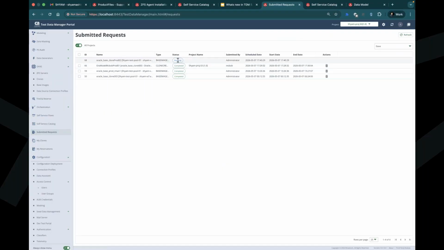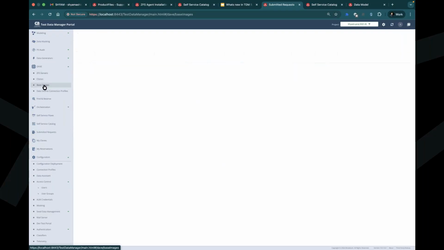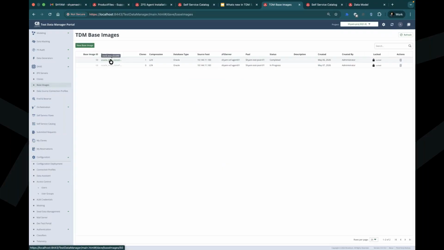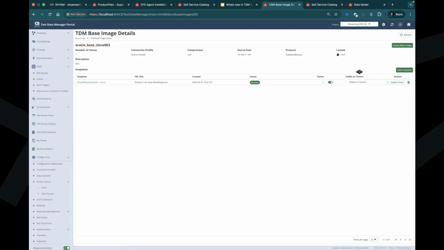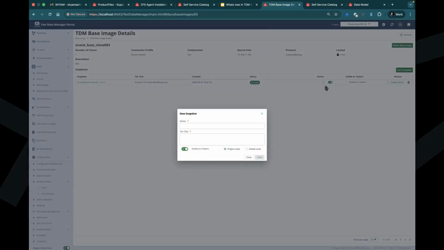And then here, okay, it is taking some time. Let me go to the base image. Once we have the base image, you just click there, and then we have to create the snapshot. This is the same snapshot we saw here on the first page. Maybe we can create another one with a better name. This is Oracle, this is the prod snapshot, and this is specific for maybe PI scan, PI audit,